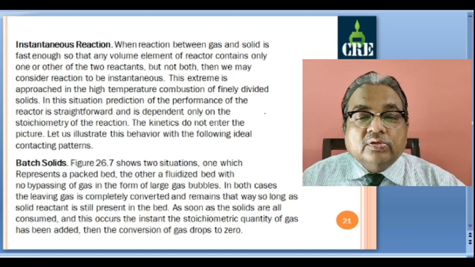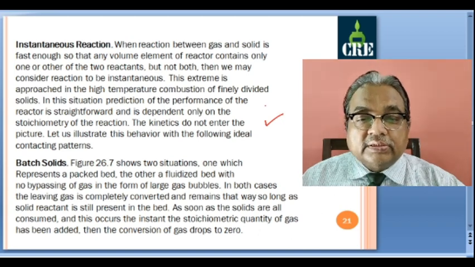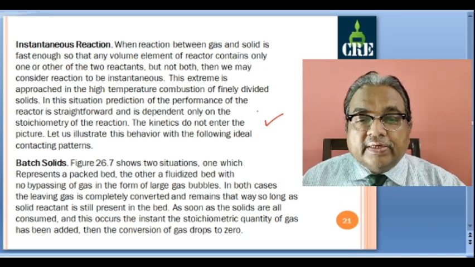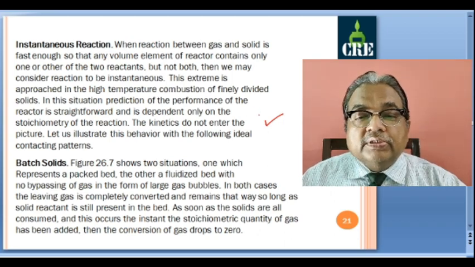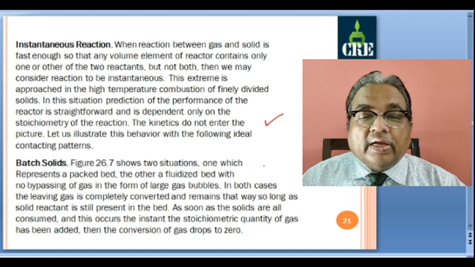The kinetics do not enter the picture. So the instantaneous reactions are not controlled by the chemical reaction step or kinetics. They are not kinetically controlled, but the resistance, mass transfer term will be the controlling factor. So as soon as the gaseous reactant overcome the resistance offered by the gas film, or if ash layer is there by the ash layer and it comes into contact with the solid, reaction being instantaneous, immediately the products are formed. So for instantaneous reactions they are not kinetically controlled but diffusion control or mass transfer control.